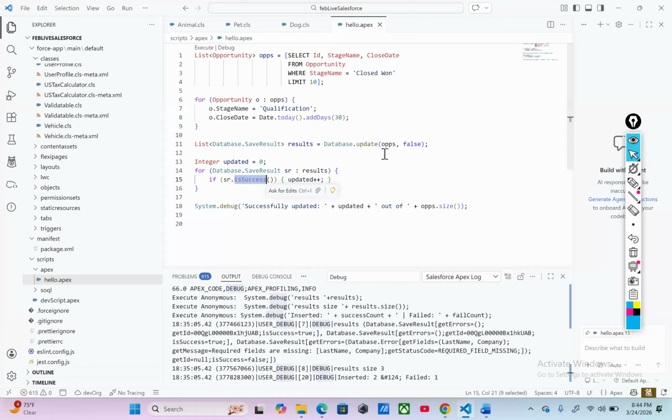So basically, there are 10 records, right? So there would be 10 items in this results. For each record, there is going to be one record of save result. And for each record, there is going to be is success. Remember, I showed you database.save result. If you see here, this starts here, it ends over here. So that is one record. Second one, it starts here and it ends over,